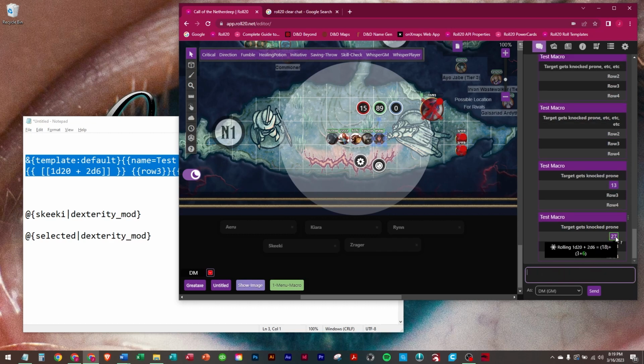So if you look at this, it's going to roll a 1 die 20 plus a 2 die 6. So it rolled an 18. And then it rolled 2 die 6, a 3 and a 6, and added them all up, which resulted in a 27. Now the box is green because that means at least one of the rolls was a